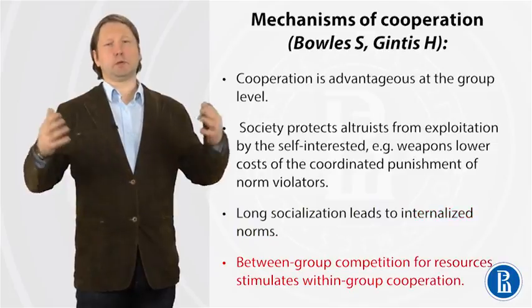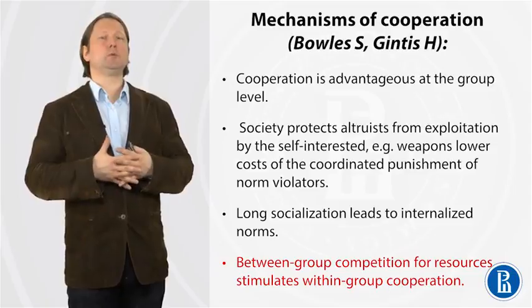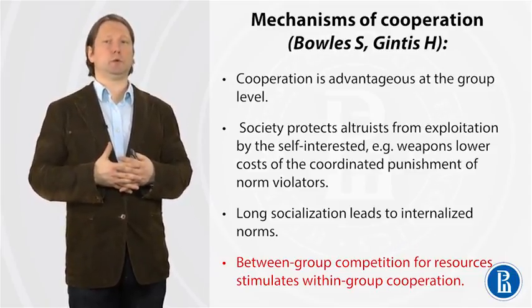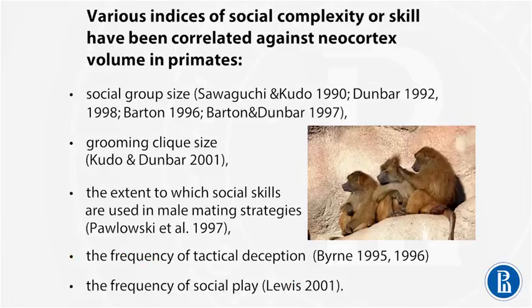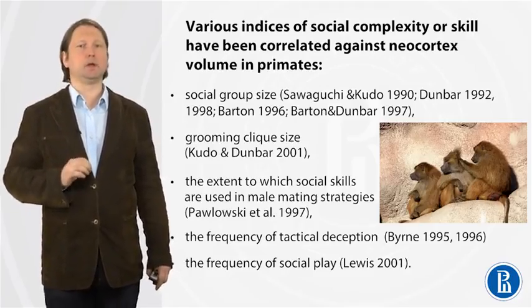And finally, because we are social animals, we live in groups and we compete with other groups, this between-group competition stimulates within-group cooperation. It is really important to understand a relatively simple idea, suggesting that our nervous system is adapted to our social life, basically in the same way as it is adapted to the environment. Many studies show that there is a correlation between the complexity of social life and the complexity of the brain. Many studies show that the relative volume of the neocortex correlates with